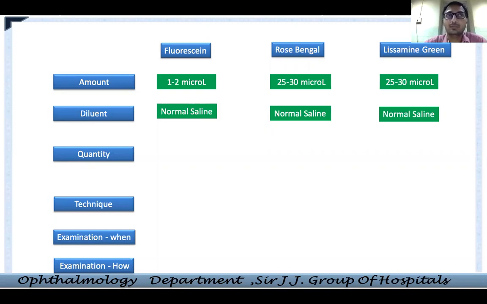or suppose 3 or 4 people examine the same patient in the OPD, it will cause some toxic effects to your epithelium. So even anesthetic for examining the same patient again and again by multiple doctors is not advised. So unpreserved normal saline is the ideal diluent that we all should use when you're using these things.